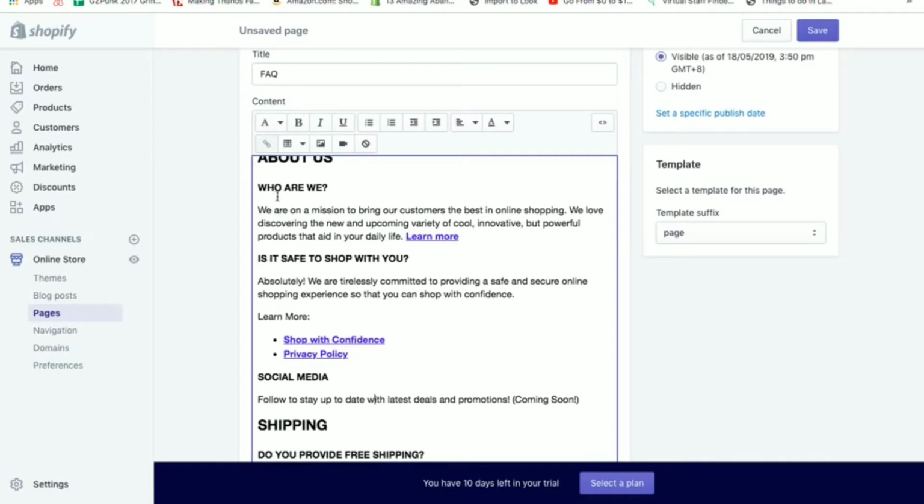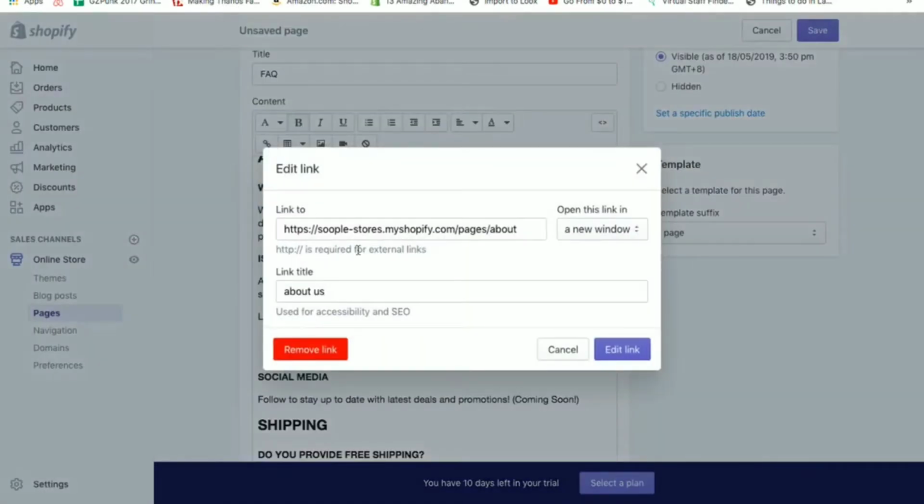Okay, so right now, who are we? We are on a mission to bring our customers the best in online shopping. Once again, you see this is a very general write-up, so please change accordingly to your niche. The thing you may need to know here is how to place links on text, so that they can click on the links to make it convenient if they want to read more details. So what you do over here is simply use the inbuilt editor, click edit link,